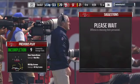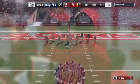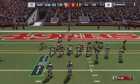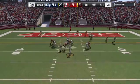NFL quarterbacks work so hard on their mechanics, and they do so much repetition and practice, off-season, the whole deal. They expect it to be autopilot once the games start. That way it eliminates any type of pressure of the game, pressure of people in your...